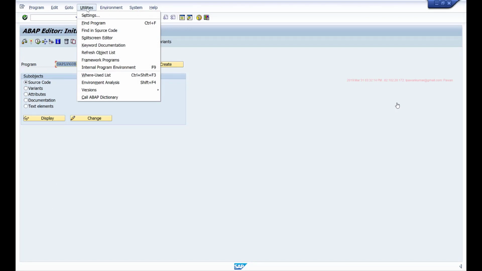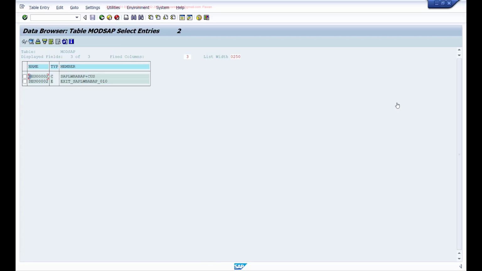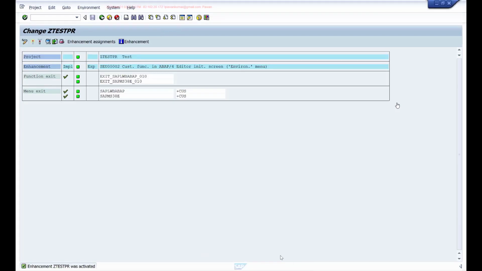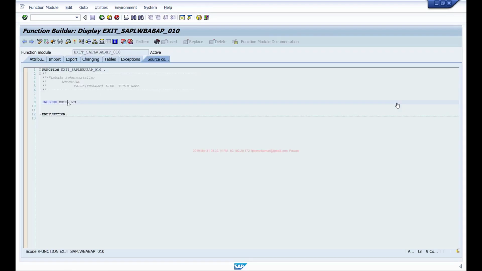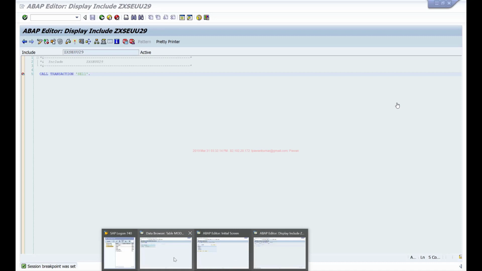And look at utilities. I got this extra menu, call ABAP dictionary, and when I select this, it should trigger this function module. If I go to this exit, this include program, if I keep a breakpoint here, it should trigger that code.